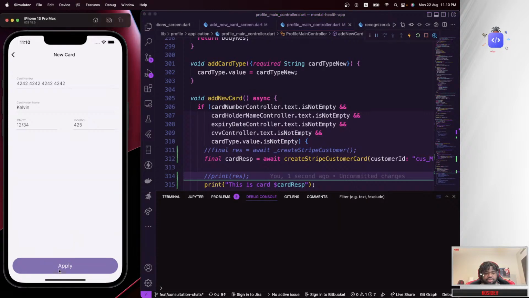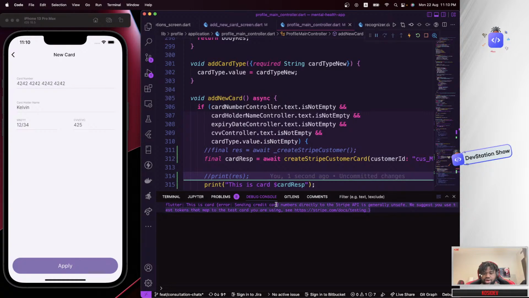So tap on this, and then we are going to watch out here. You see there's this error, so we receive this error. The error says sending credit card numbers directly to the Stripe API is generally unsafe. We suggest you test tokens that map to the test card you are using, and so on and so forth. So basically what the error is talking about is that it's generally not acceptable to send card payment through Stripe